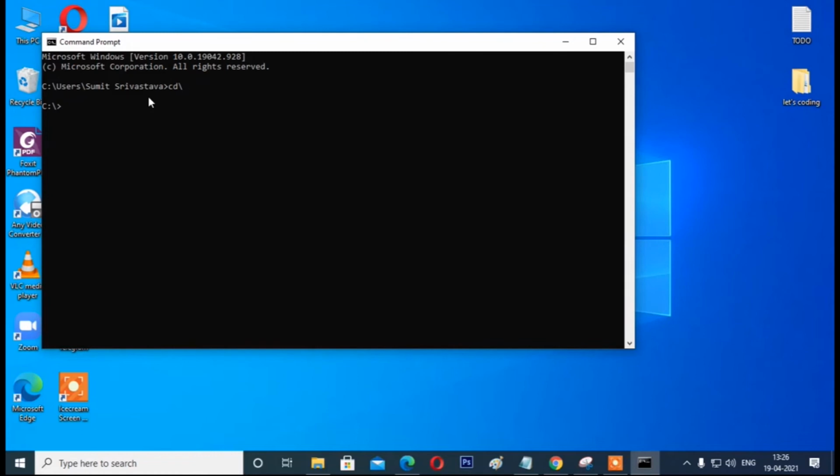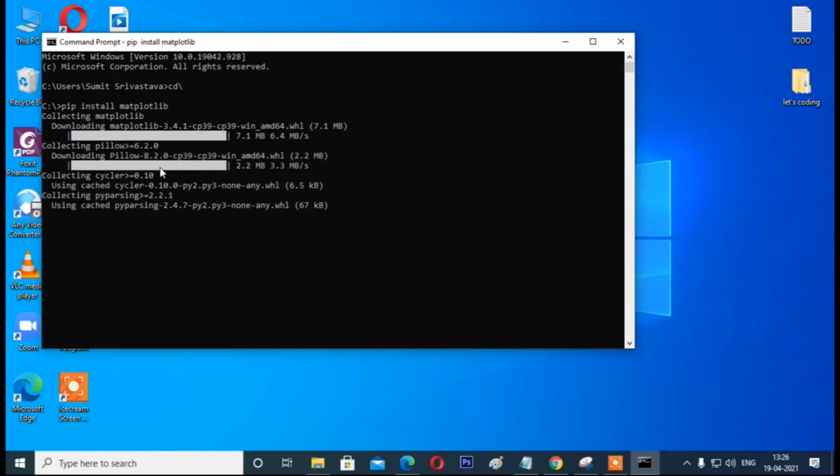Look at here, now I am on the C drive. Inside the C drive we will write pip install matplotlib and hit enter. So look at here, it is downloading it from the internet.